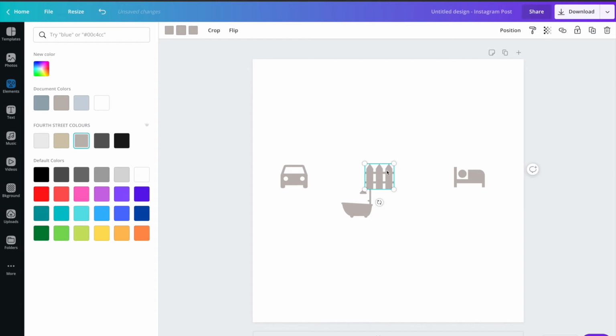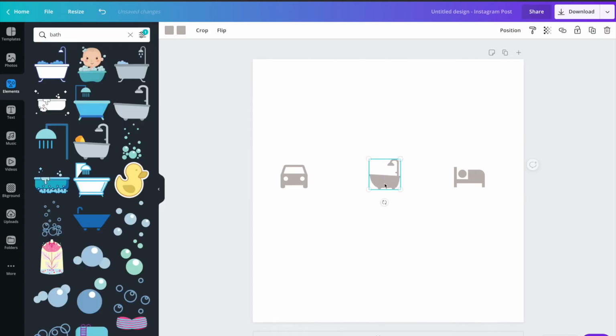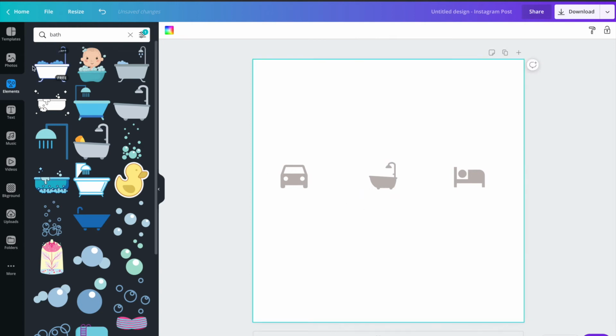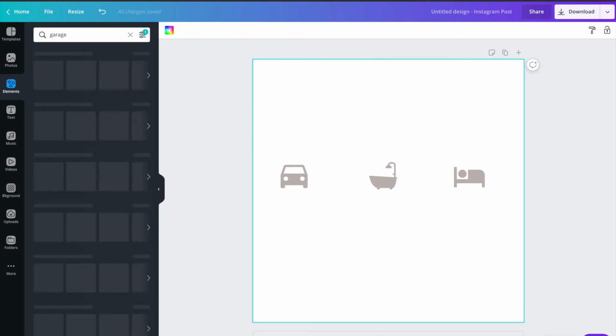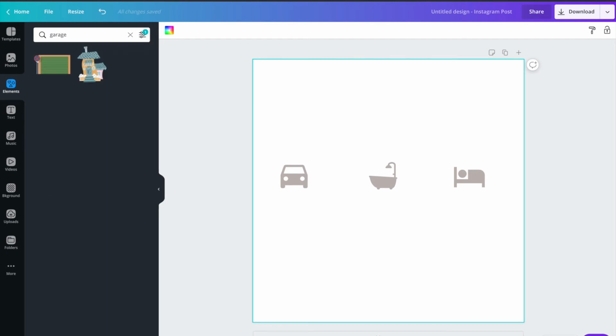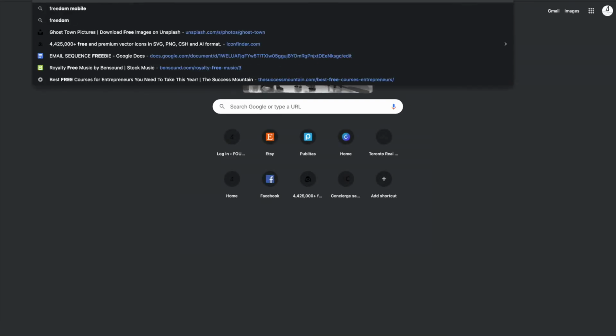Okay. Now what happens if Canva doesn't have one of your images? So let's say you want to make an icon set and Canva doesn't have it. So let me put in garage. I'm pretty sure they don't have that in the free edition. Yeah, no. So if you wanted to do something like parking, but there's no parking like garage, you want to show that there's an actual garage on the property, well, what I would suggest you do is go to